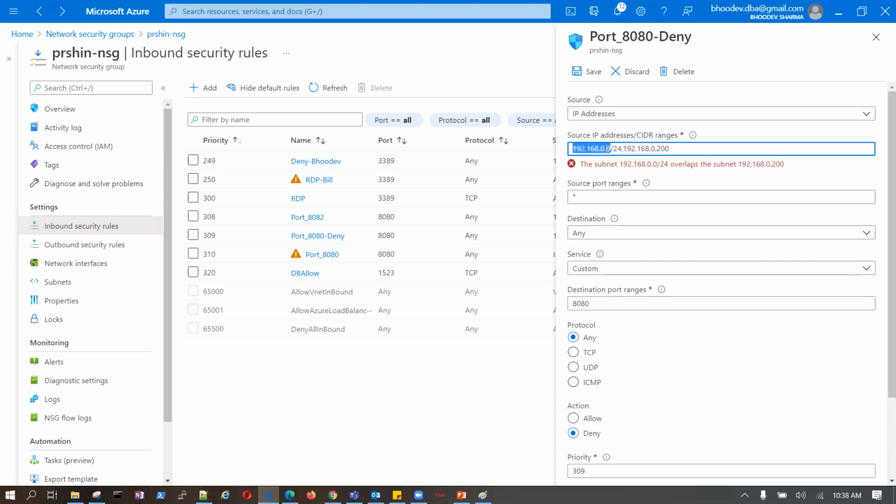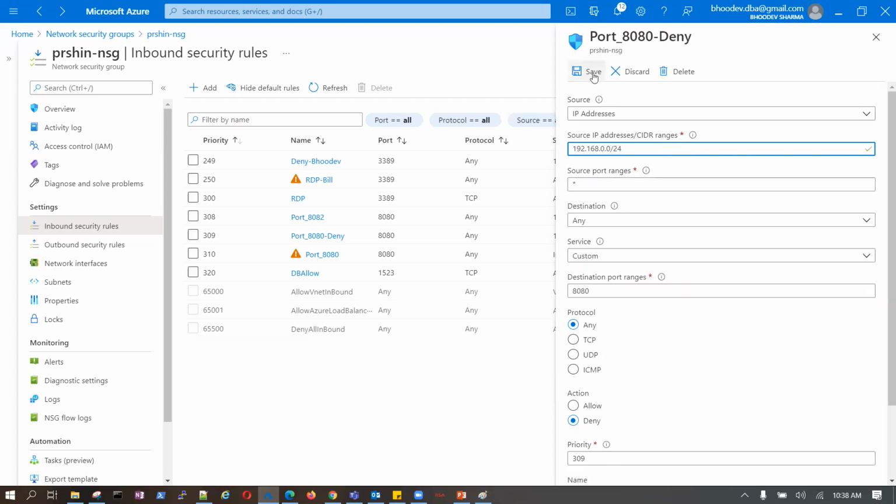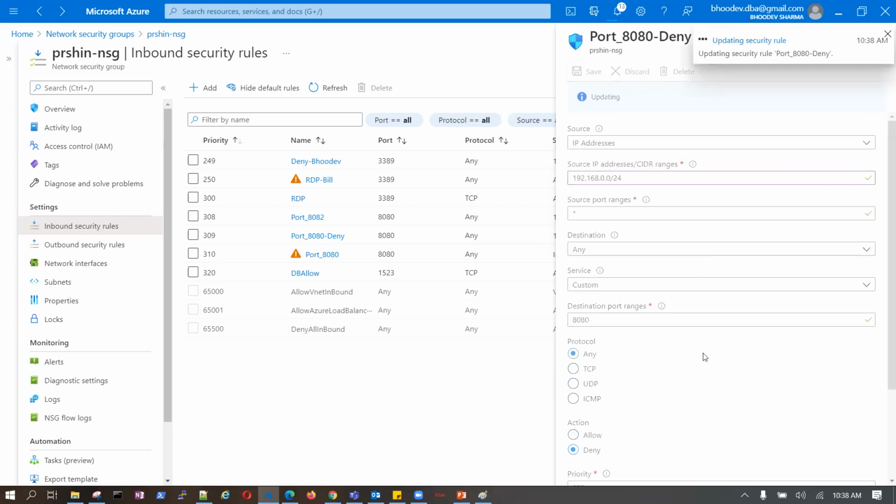If you say 0.200 here, it comes in between 0.0 and 0.255, right? So it overlaps, right? So there is no action needed, because it's already being blocked.